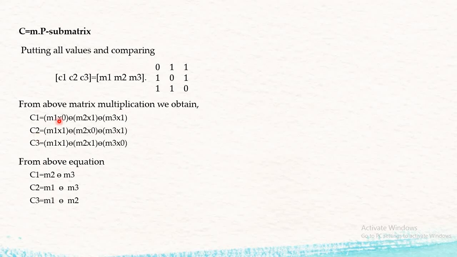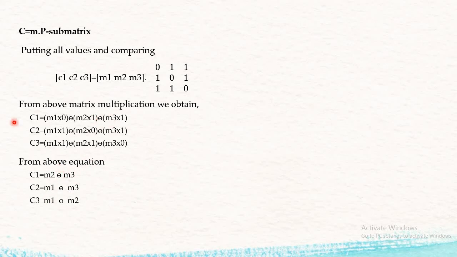So how are we going to extract this? Now in the first equation, if you pay attention, m1 into 0, anything multiplied with 0 comes out to be 0. So this term is eliminated. Then the second term is m2 into 1. If the value is 1, we get an answer. If the value is 0, then fine. But here by default the value is going to be 0, so we are not considering this particular term. This is the second condition, m2 into 1, so we write it as m2. Third condition is m3 into 1, so we write it as m3. And here this is a mod operation, so we have to write the mod over here.